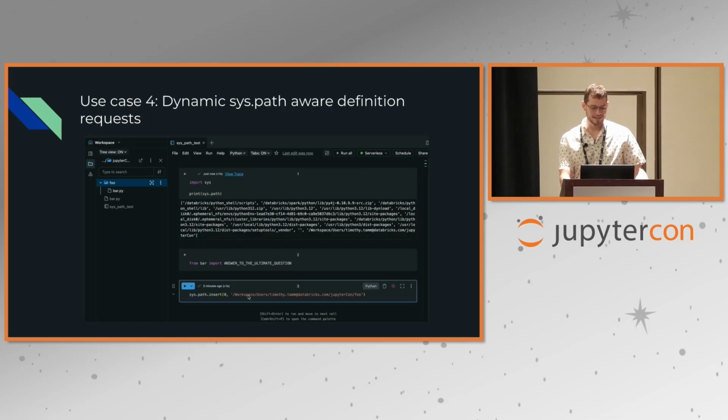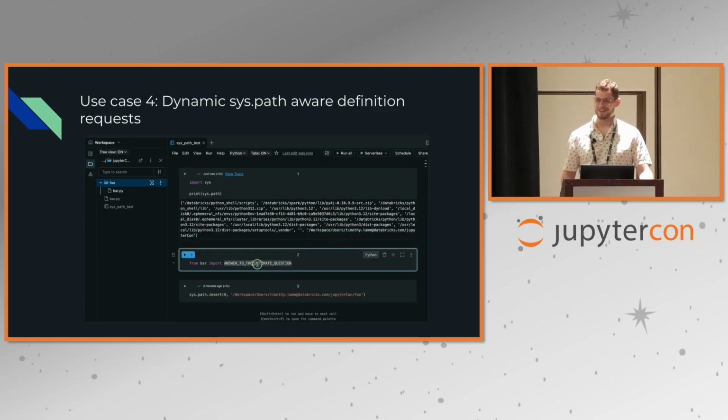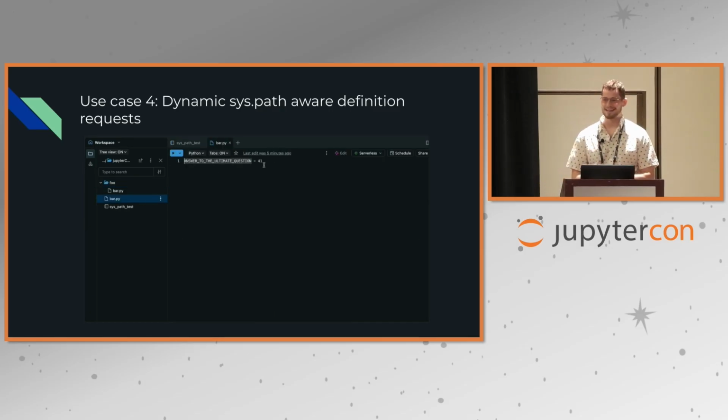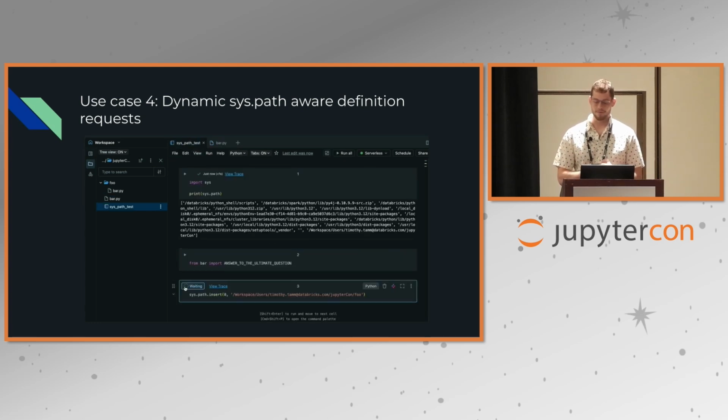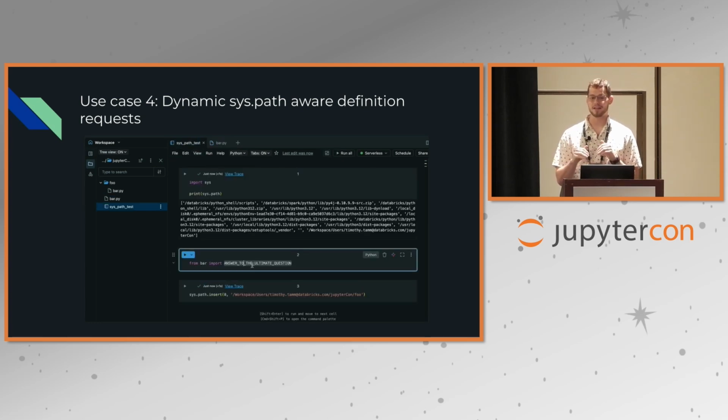Dynamic sys.path aware definition request. So this is getting a little bit more niche now, but the idea here is that you can modify sys.path directly in a notebook, and what that does is it can change how your imports are resolved. So in this example,